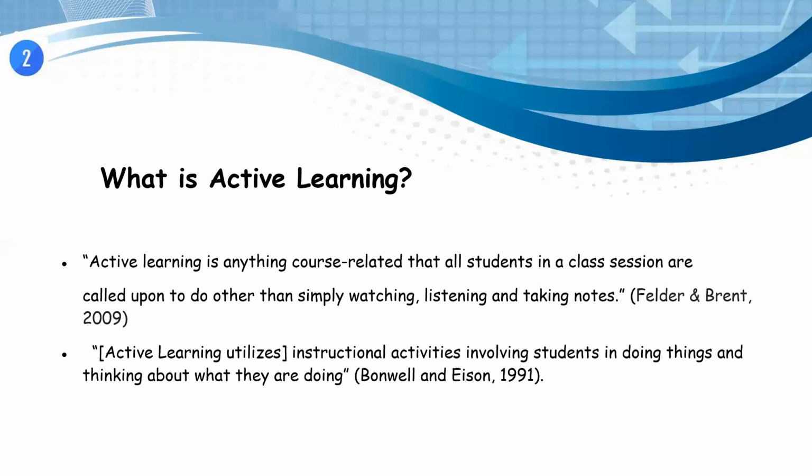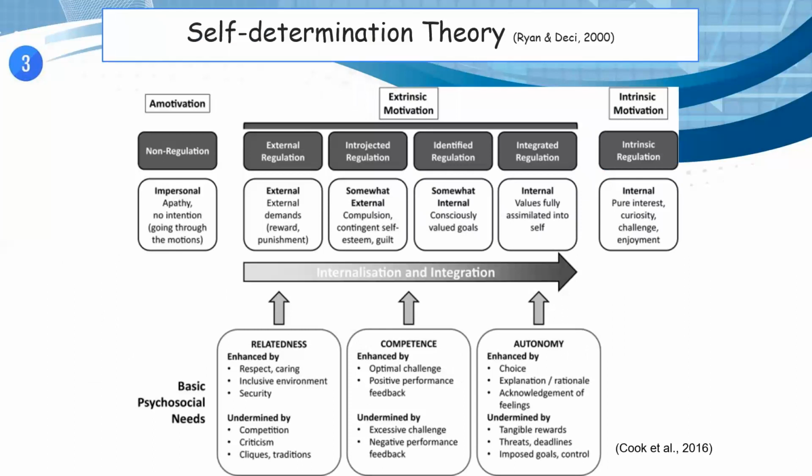Okay, now let's move on to factors affecting student motivation, one of the key principles in achieving favorable student outcomes. Here we have one of the leading models of motivation, self-determination theory by Ryan and Deci. Self-determination theory describes three types of motivation: amotivation, extrinsic motivation, and intrinsic motivation. It details 6 types of